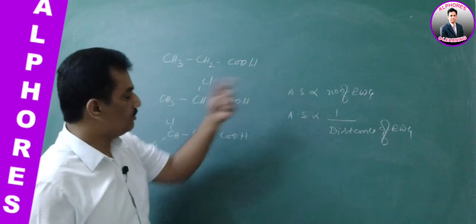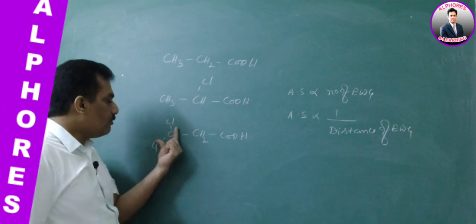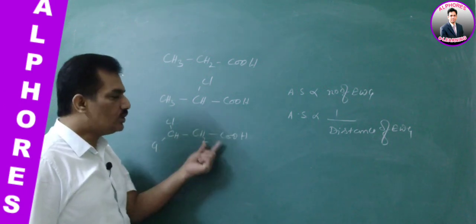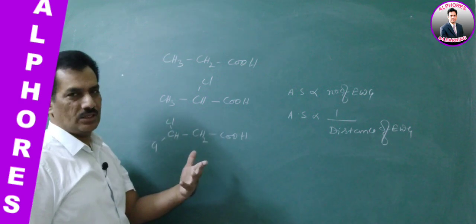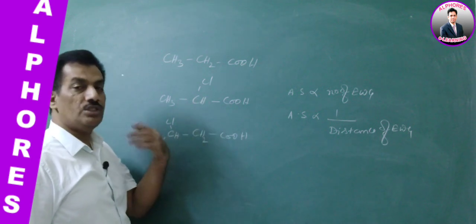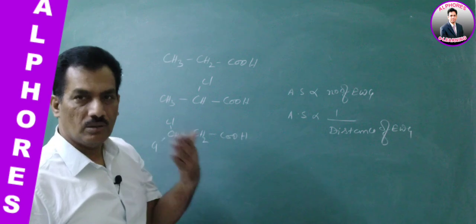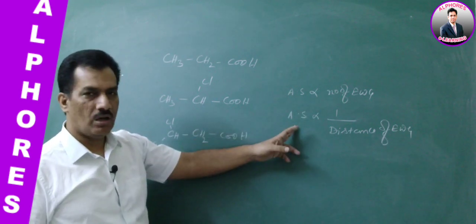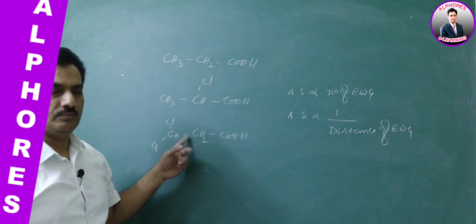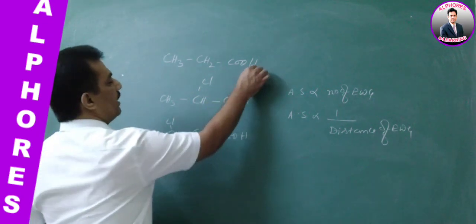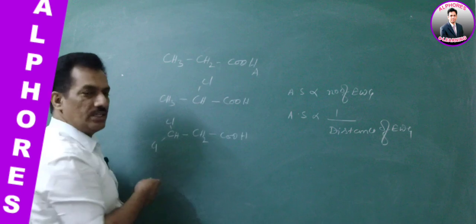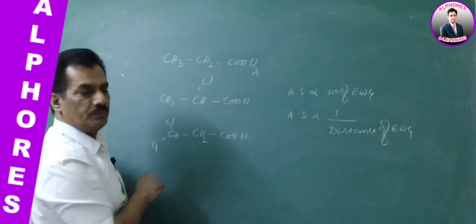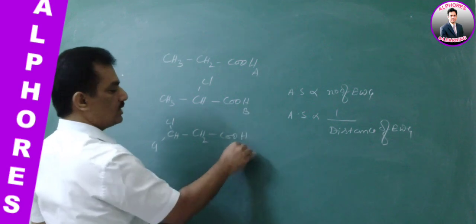And this is applicable to this. As the number of withdrawing groups increases, acidic strength increases. So both of these are increasing their acidic strength. But of these two, which is increasing its acidic strength more? That means two opposite factors are compared here. Then can you decide? If it is A, automatically A is least acidic compared to these two. Why? There is no electron withdrawing group. And it is B. And now it is coming to C.